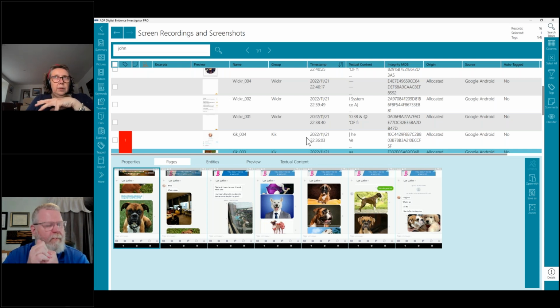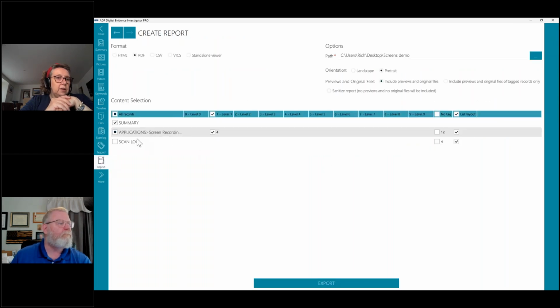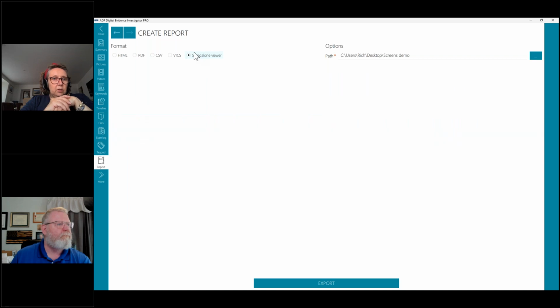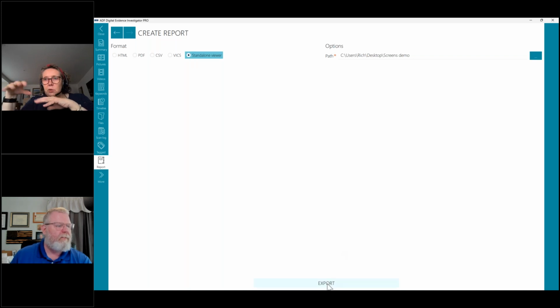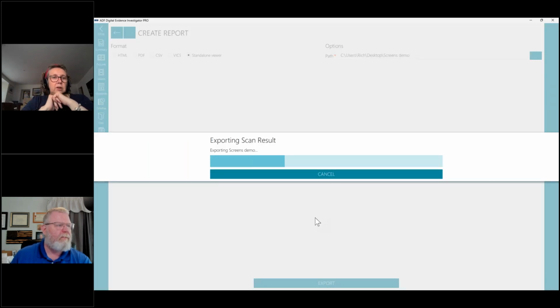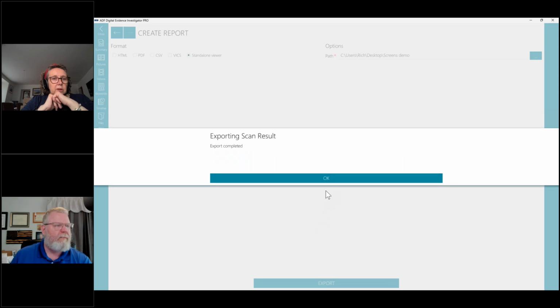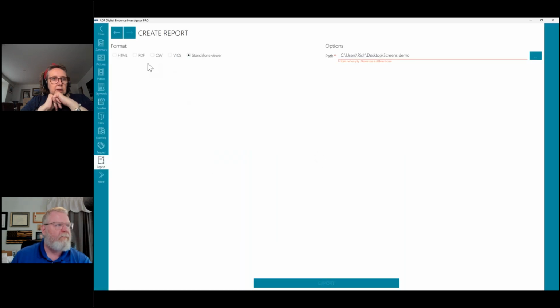So I suppose you could ask them to bring along a USB stick or a drive for you to copy that onto. It's very simple. You just go to report, hit standalone viewer at the top, and that makes a copy of everything. And you change the path to their USB device or whatever they've provided you with, and there you go.